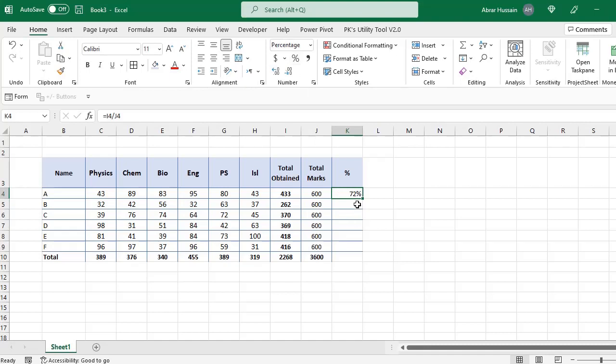So you will see, if you don't want to show the percent format here, then your formula should be equal to, small bracket start, total obtained divided by total marks, small bracket close, then multiply, that comes with Shift and 8, this asterisk sign. Now we need to multiply by 100, so you will see here 72.16667. If you do not want to show this many decimals, you can increase or decrease the decimals from